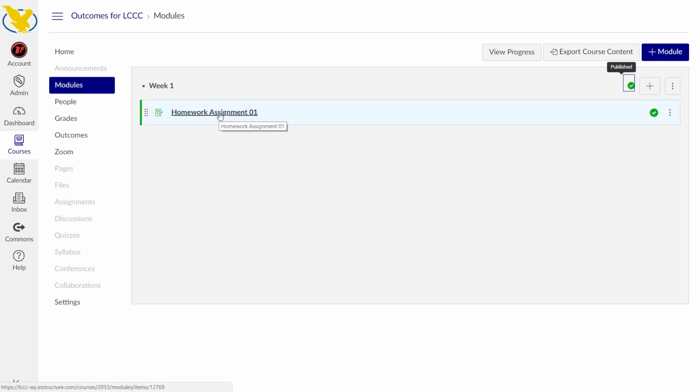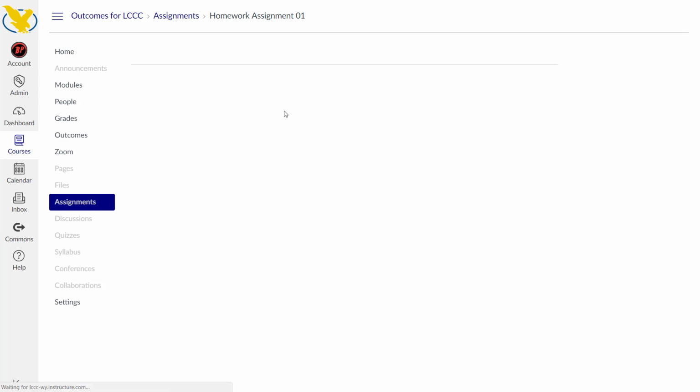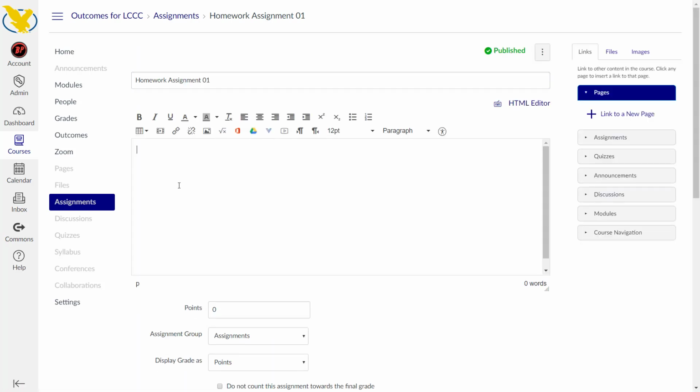If I want to edit this, which I need to in order to add a rubric, I have to click on it, which is going to take me to the homework assignment page. Now, I would highly recommend adding your details and everything in here. So adding how many points it is, instructions,